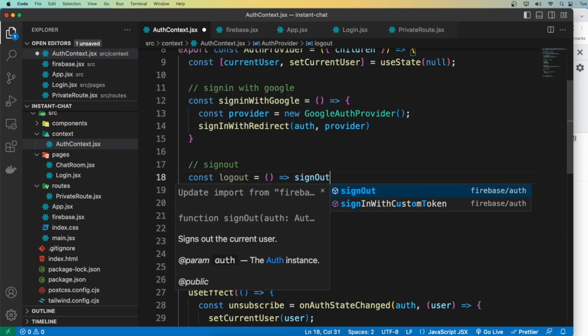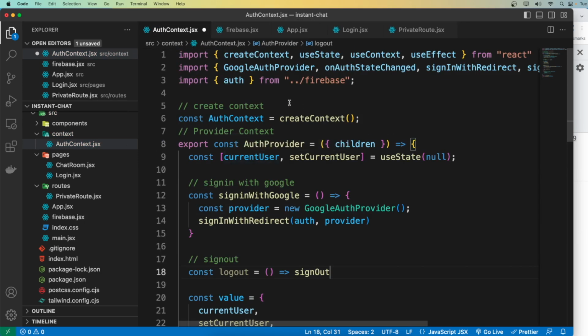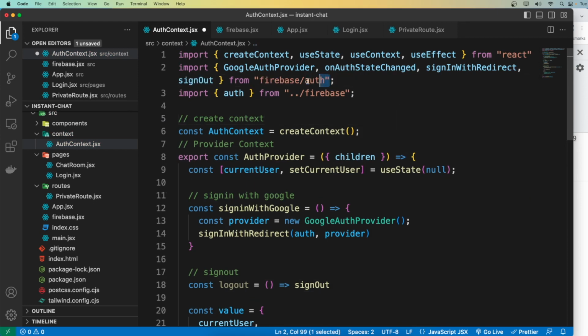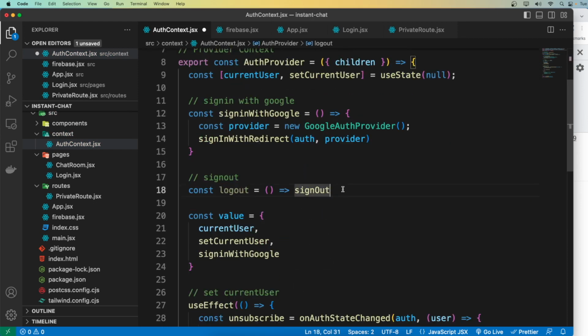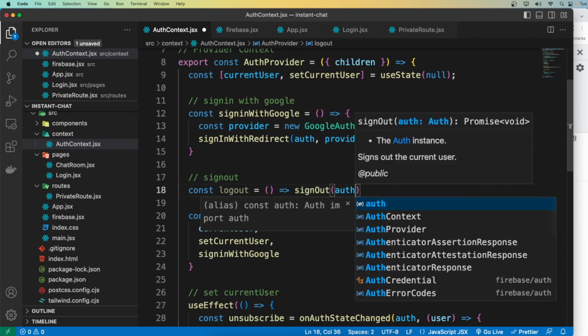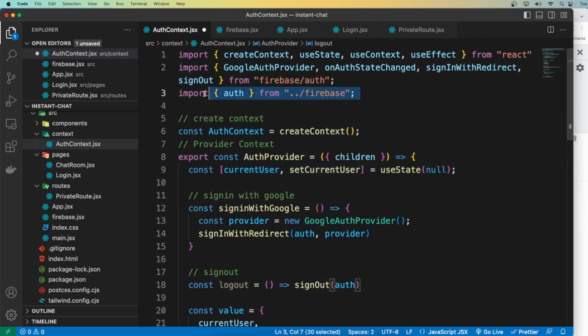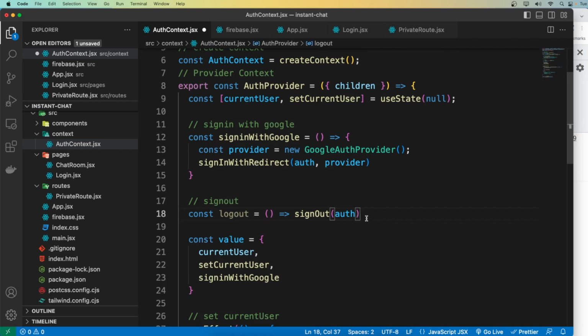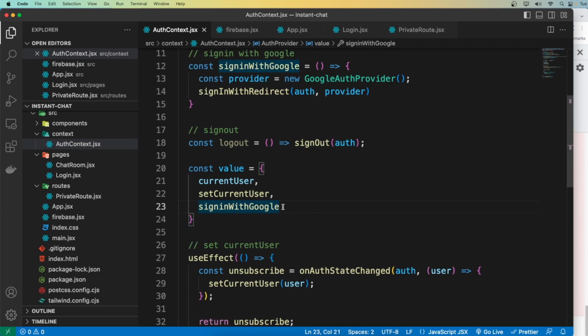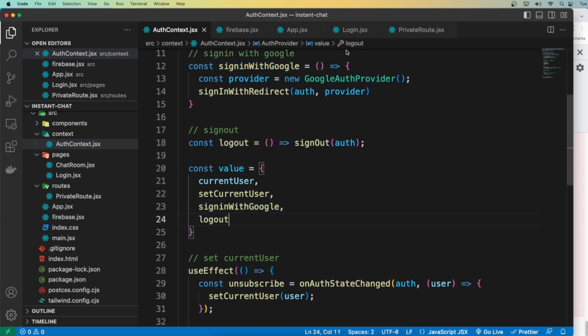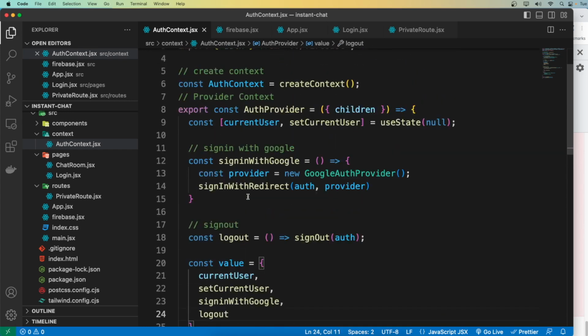I think sign out comes from Firebase. Okay, it comes from Firebase /out, and here we are going to put the out. Okay, it comes from the Firebase. So now we can just use this logout as the value here, and of course we can basically import